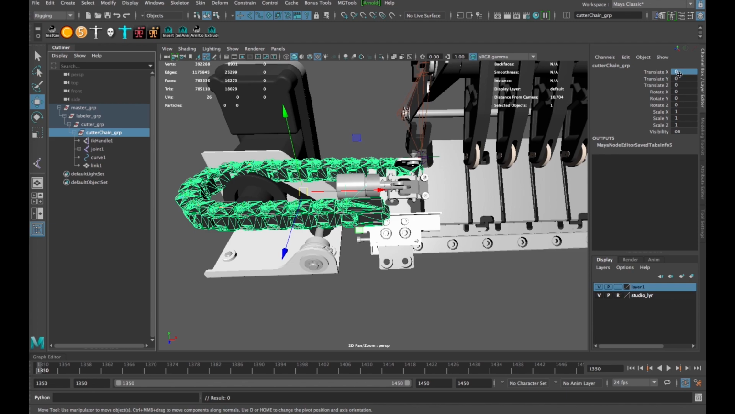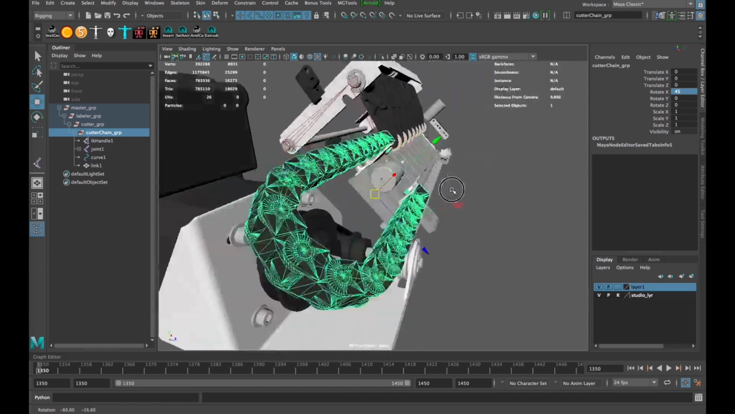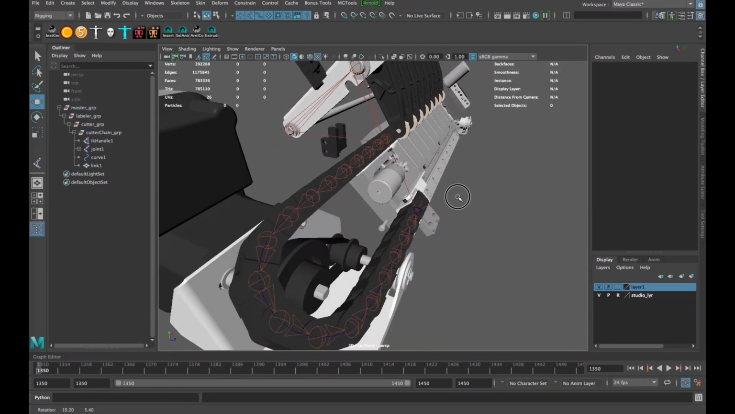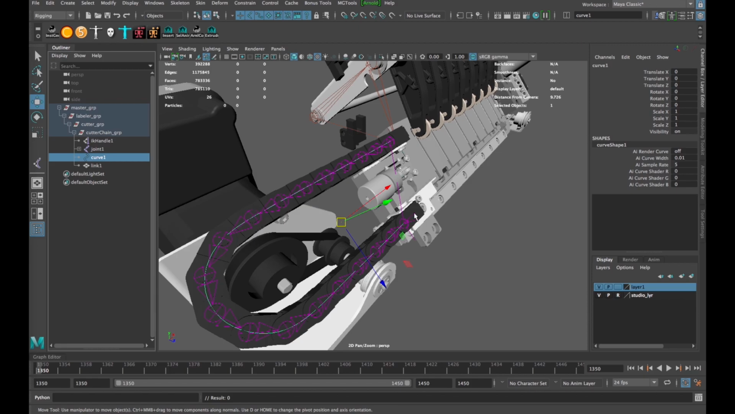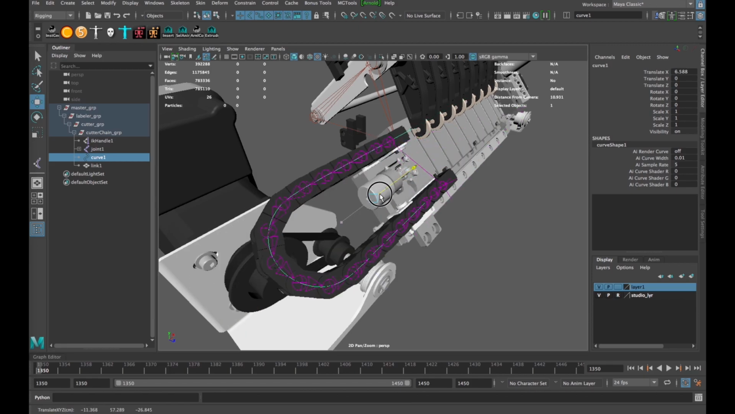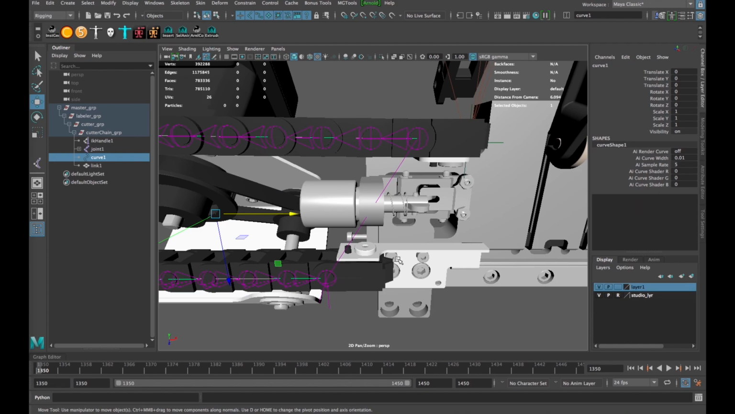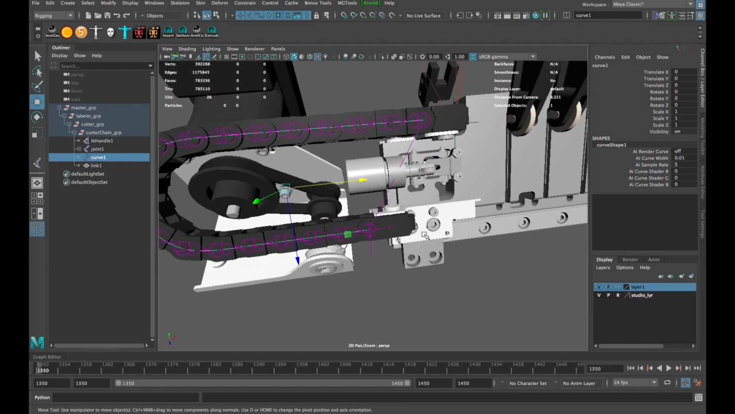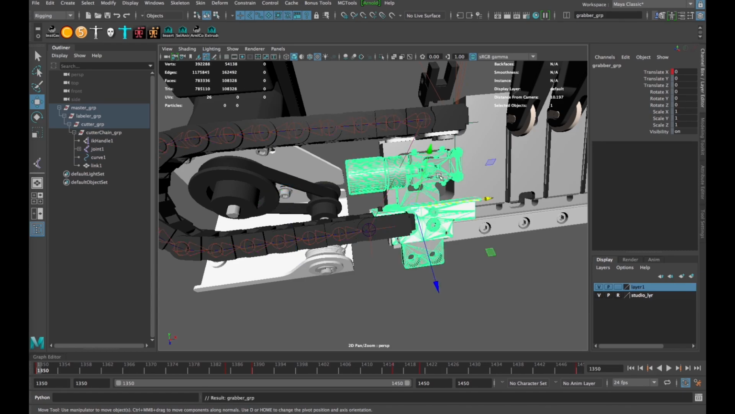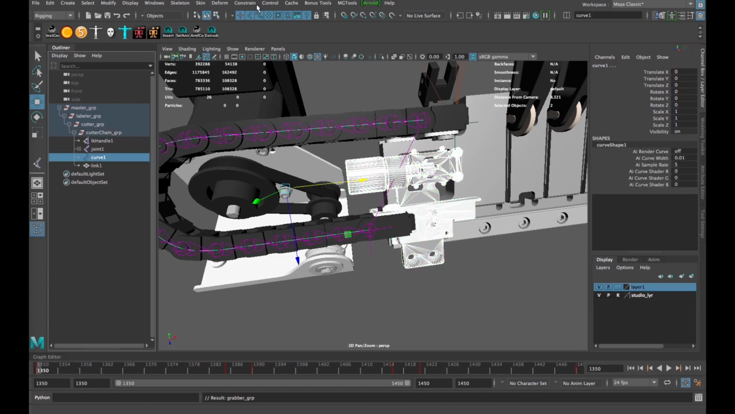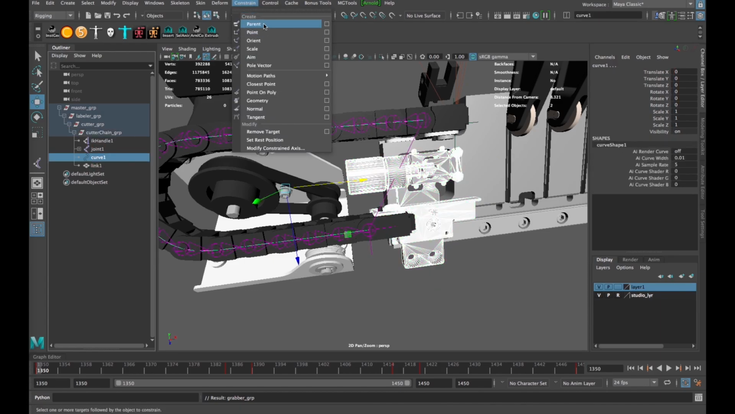This cutter chain object, I'm just going to rotate that 45 degrees. We're all done with the rigging, so we can rotate it back. And now if we move this curve, it's going to do that. So typically, if you want an object to follow another object, you use a parent constraint. So if I select this grabber object and then Command or Control select the curve and then go to Constrain, Parent,